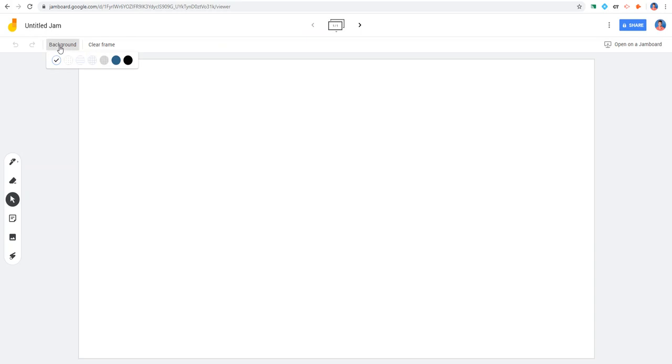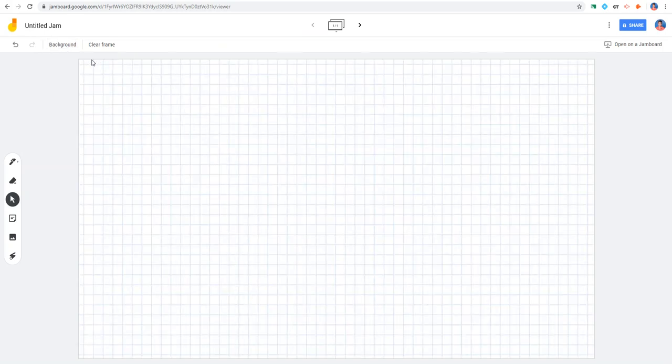We can also change the background of a frame, so we have a dot option, some lines, a grid, you can create graph paper, all sorts of different things. And then we also have the ability to draw on this, to erase, select items that have been placed onto it, put sticky notes on here, add an image, or use the laser